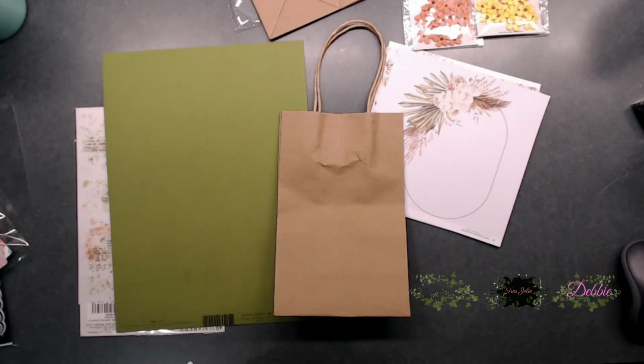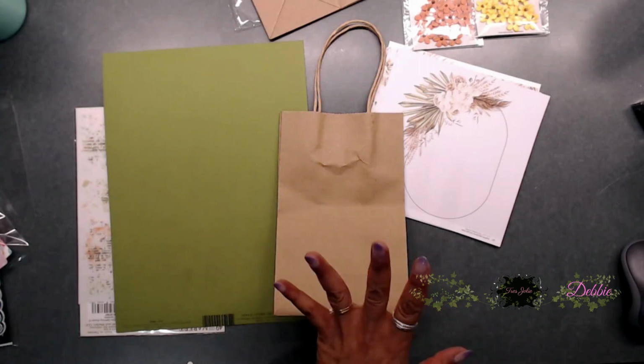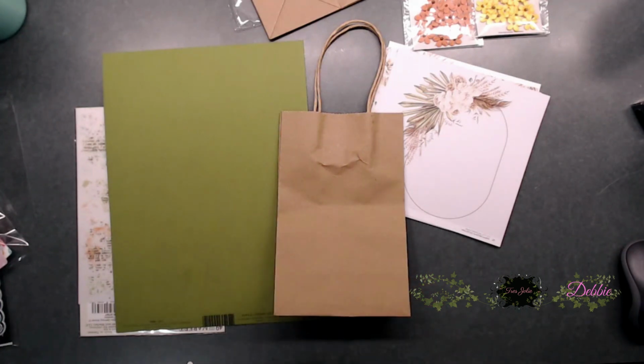Today we're going to start our first Tres Jolie project using the Card, Tag, and More kit. This is the November kit that I just shared with you on release day. If you haven't seen the scrapbooking kit or the whole card kit, which is laying right here,